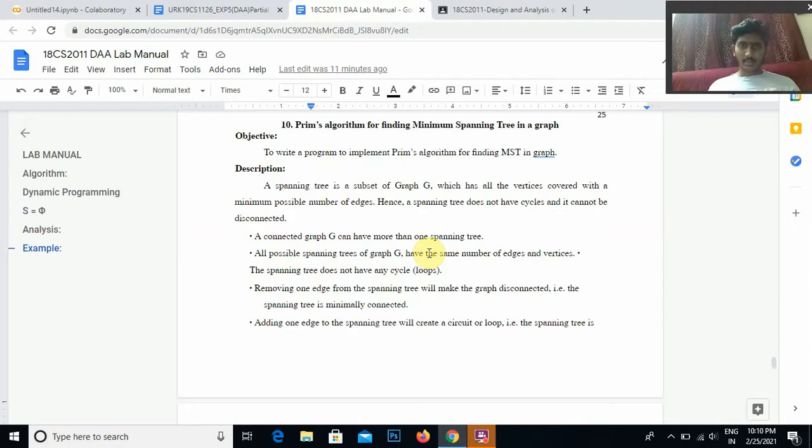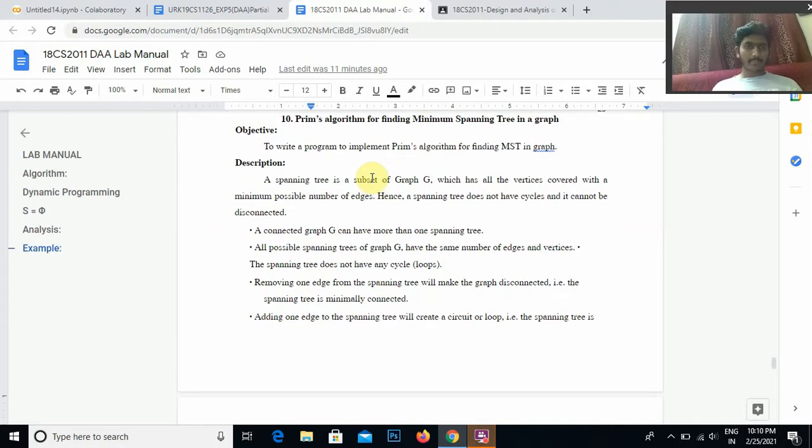Hi guys, in this video we will see Prim's algorithm for finding minimum spanning tree in a graph. So what is a minimum spanning tree? We'll be having a graph, and a spanning tree is a subset of that graph. So what we have to find is a minimum spanning tree from a given